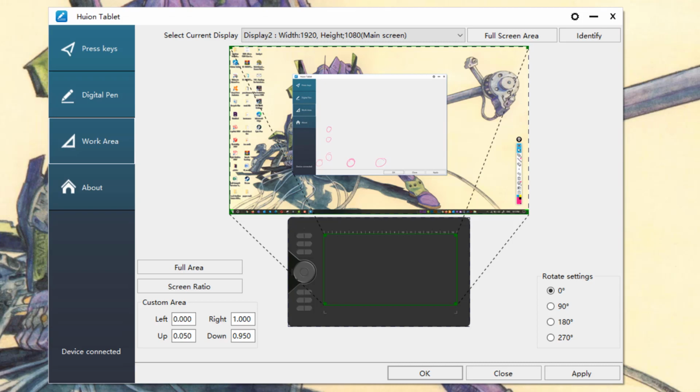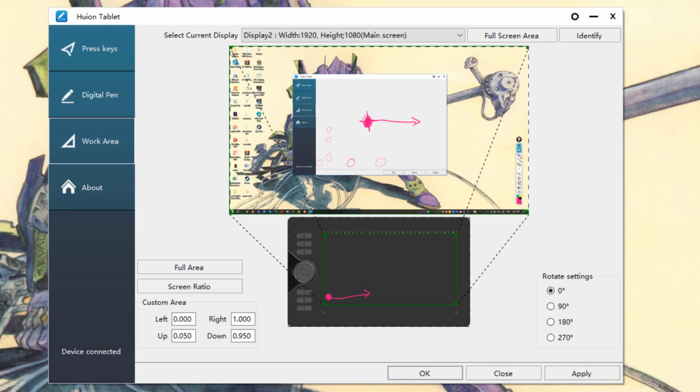So if we check the mouse mode, then this tablet will work like a mouse. What I mean is like this. If the cursor is in the middle of the screen, and then we put our pen in the left down of the tablet over here, the cursor on the screen will still be in the middle of the screen. Then if we slide to the left over here, the cursor will also slide to the left. This is the mouse mode.